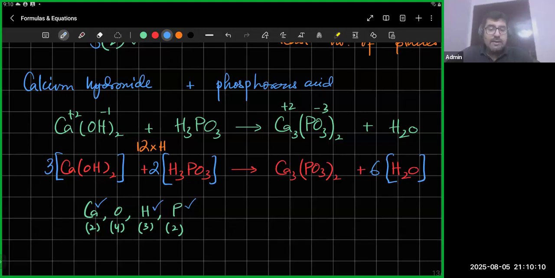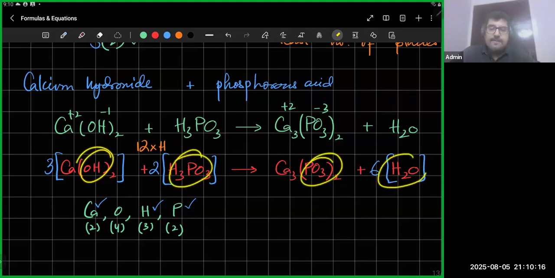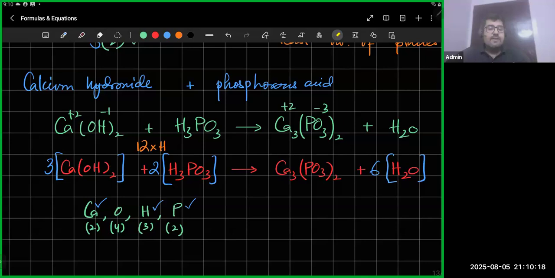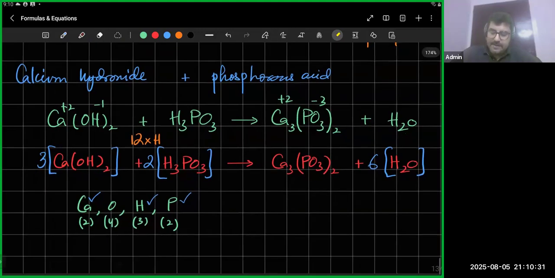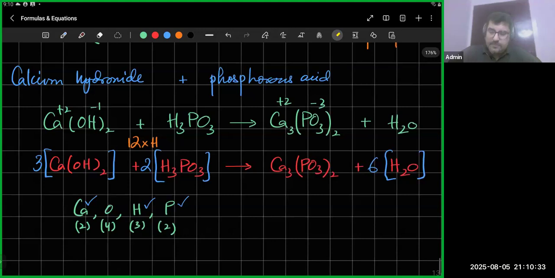And the last one, which is oxygen, would have been very difficult to balance. Oxygen was all over the place. If you had tried oxygen first, you would never have been able to balance it. We don't care about oxygen. If the other three are balanced, then it's very likely that oxygen is also balanced. So you don't even have to check it, but if you want to check it,